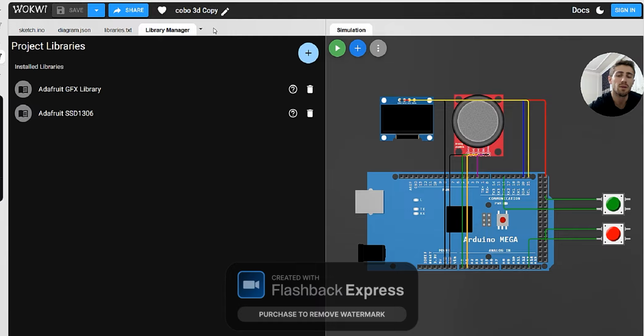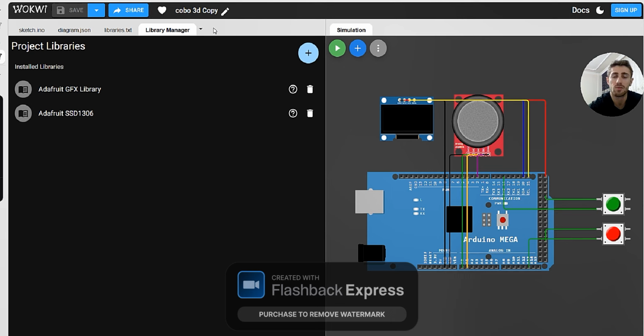The first library is the Adafruit GFX library. This library provides the graphics functions to draw pixels, lines, shapes, and text on the OLED display. The second library is Adafruit SSD1306.